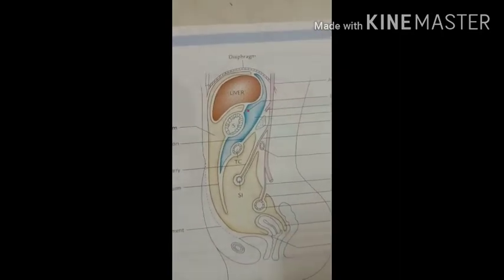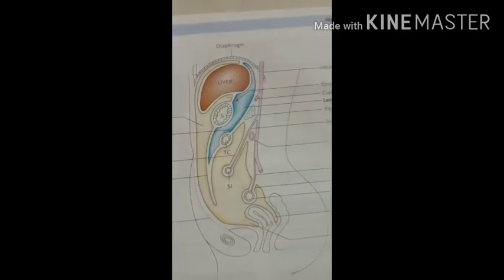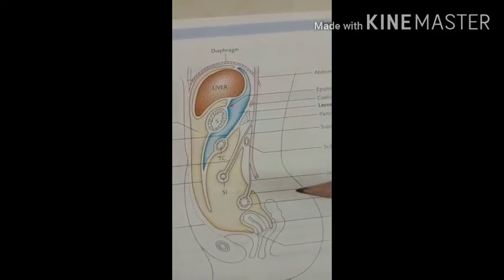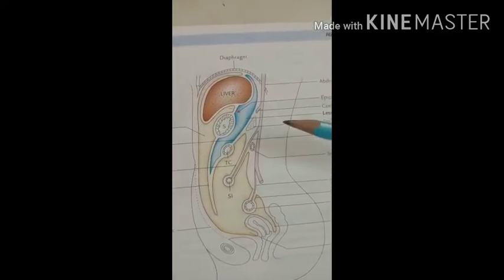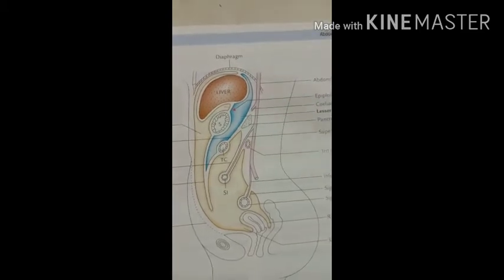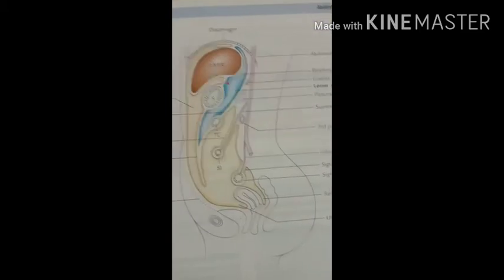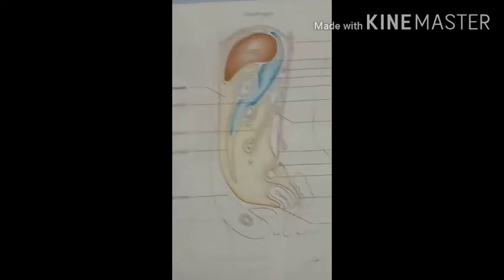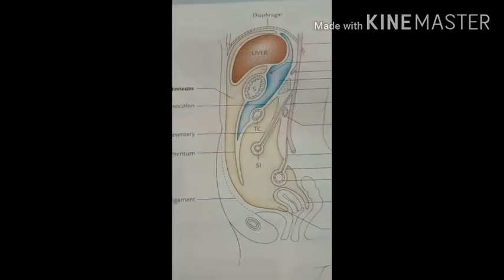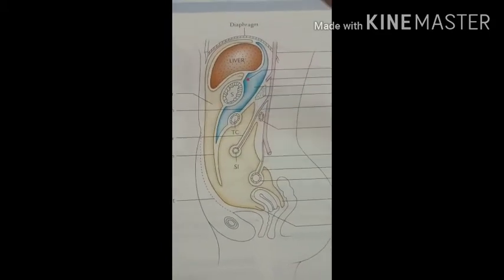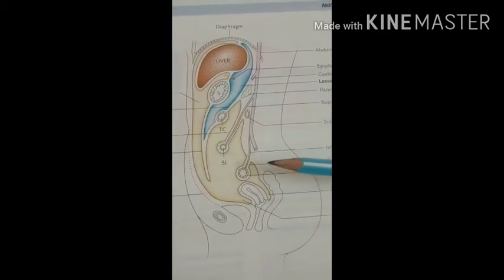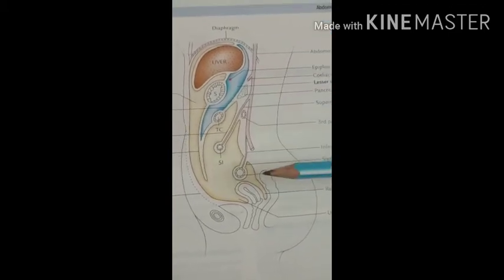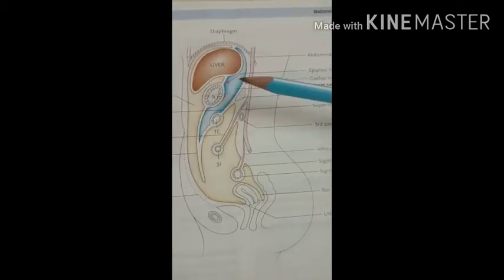After this, the outermost layer, the outer layer of the digestive tract, is covered. Then we have to see the second layer, the muscular layer. The muscular layer consists of two layers of smooth muscle. The outer layer is made by the longitudinal muscular coat, and the inner layer is made by the circular muscular coat.